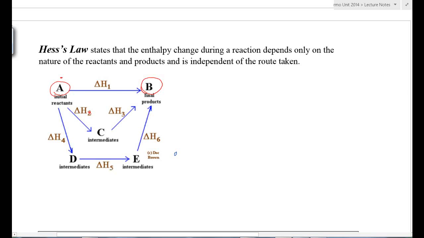So if I take a route between these reactants and products that involves one step, my enthalpy is going to be delta H1. If I take a process that takes me through an intermediate and then onto the product, that's going to be delta H2 plus delta H3. And what Hess's law says is that these are going to be equal. This is equal to this. And delta H4 plus delta H5 plus delta H6